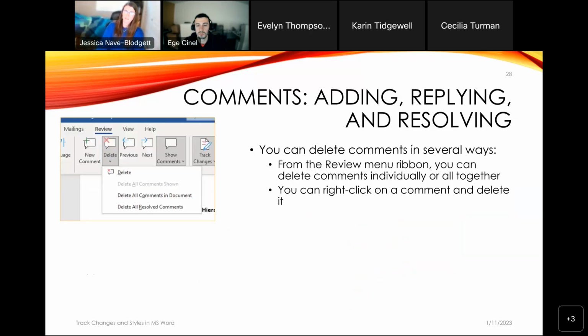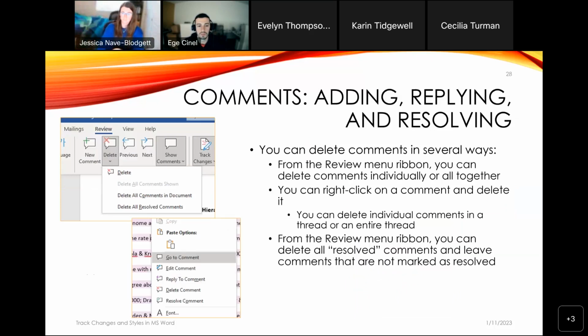So like I said, you can delete comments in several ways. From that review, you can delete individual comments, you can delete all of them, or like I talked about, you can delete all your resolved comments. So you can just say, okay, I've been working on this for a couple days, I've resolved at least a bunch of these comments, let me delete them out so I can see what I have left to do. And then from the review menu ribbon, it's, like I said, Word, there's multiple ways to do every single